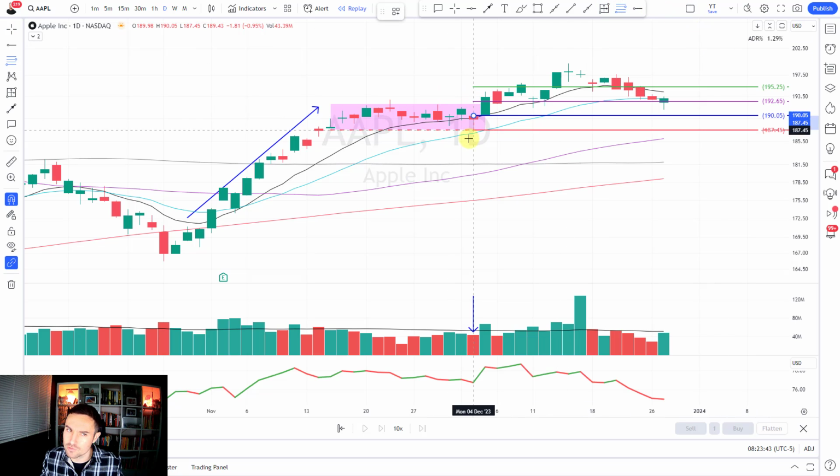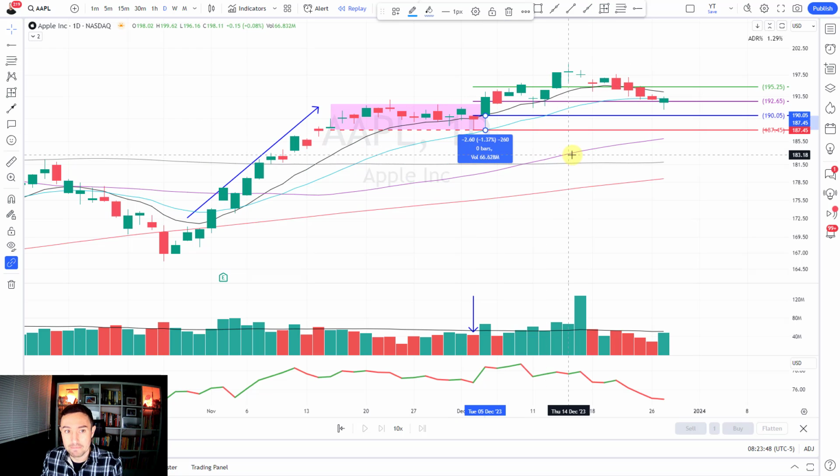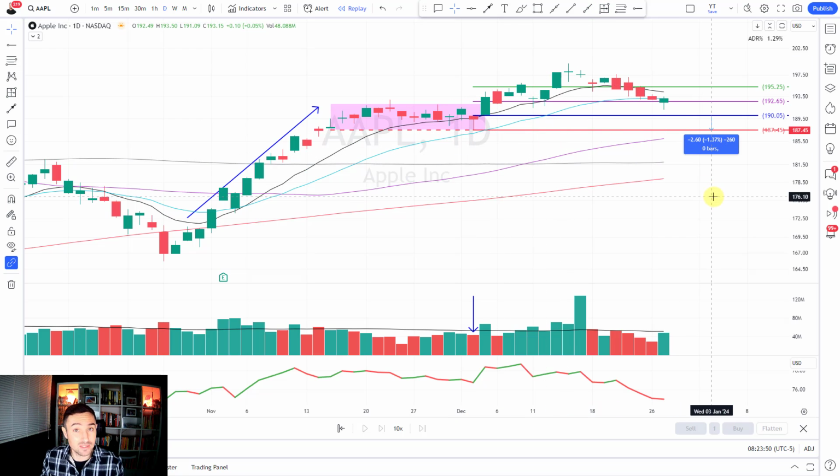So we've got to see, does the risk make sense? If we went there like that with Apple, what's our initial risk looking like? It's about 1.37%. That's still a tight initial stop loss if you're swing trading off the daily chart. But again, we want to think about it linking back to the ADR percentage. I will very rarely have an initial stop loss that is greater than 1.5 times that of the 20-day ADR